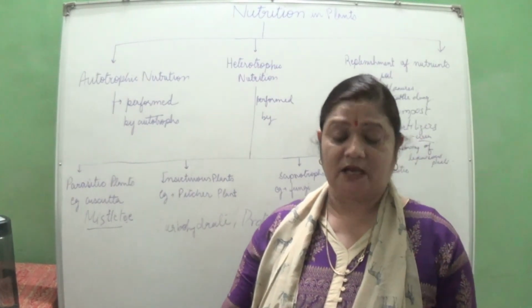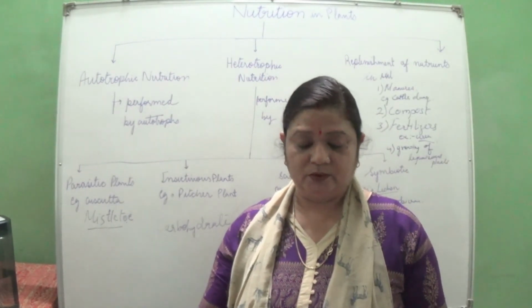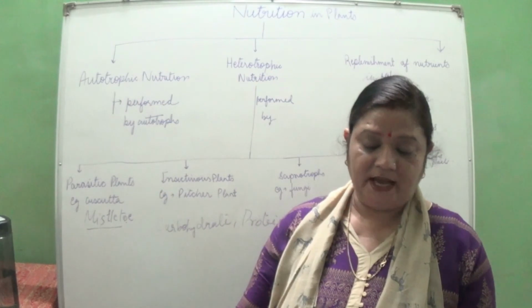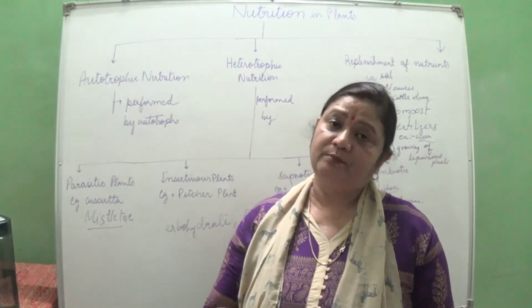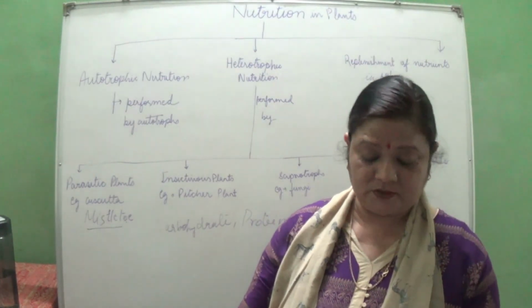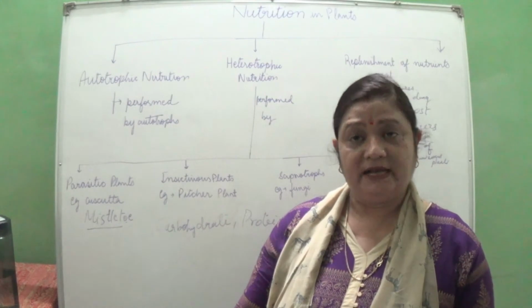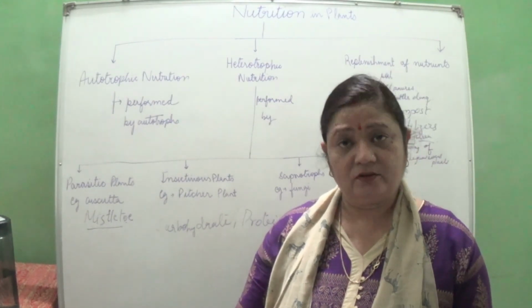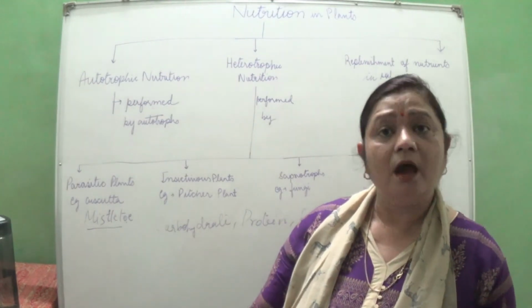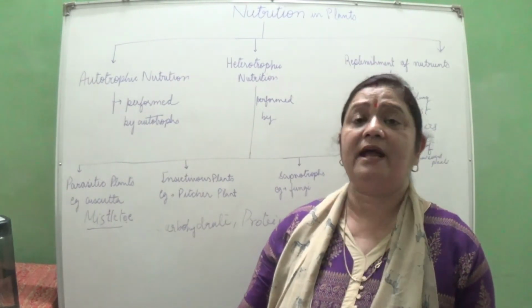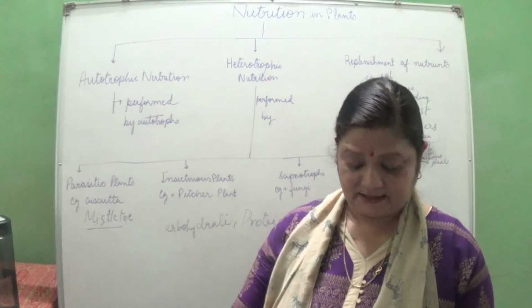Next question is of Bojo. Bojo is confused. If the pitcher plant is green and carries out photosynthesis, why does it feed on insects? Actually, the pitcher plant can prepare its own food by the process of photosynthesis. But yes, it does feed on insects. Why? They take nitrogen from the insects. Actually, they grow in soil which is deficient in nitrogen. To fill the nitrogen content in their body, they take in insects.